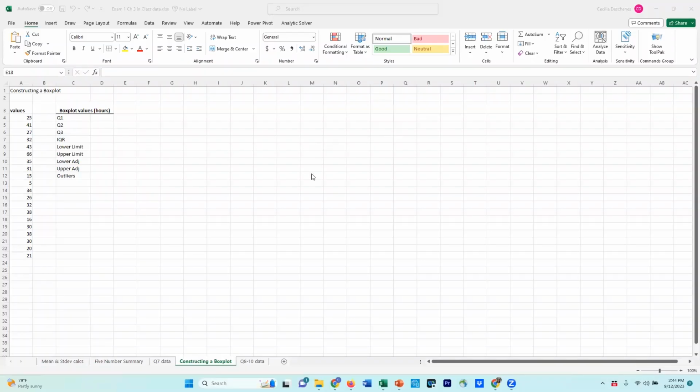This video is going to quickly show you what to do in Excel to get the values needed to draw a box plot by hand on graph paper or regular paper if you use a ruler. These are the quantities that we went over in class that you're going to need to